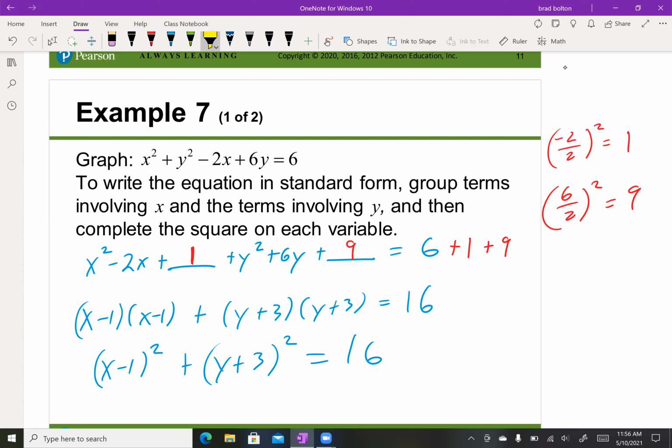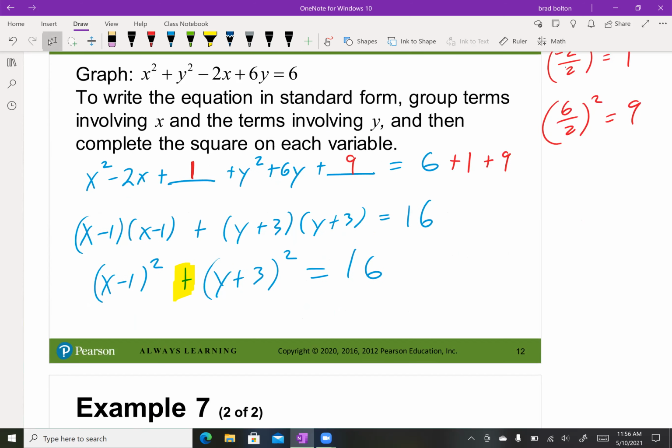So a couple of things are significant. Number one, there's a plus sign in the middle. And number two, we now have this perfect form right here. Now the plus sign in the middle signifies that this is either a circle or an ellipse. If it had a minus sign, that would signify that it's a hyperbola. So for this one, we know this is a circle with a radius of r equals 4, because 16 is really 4 squared, right? And it has a center